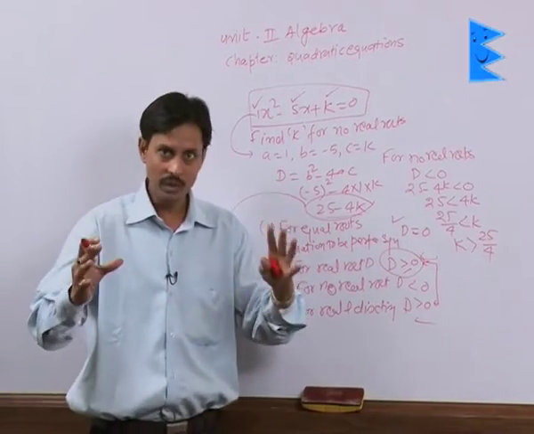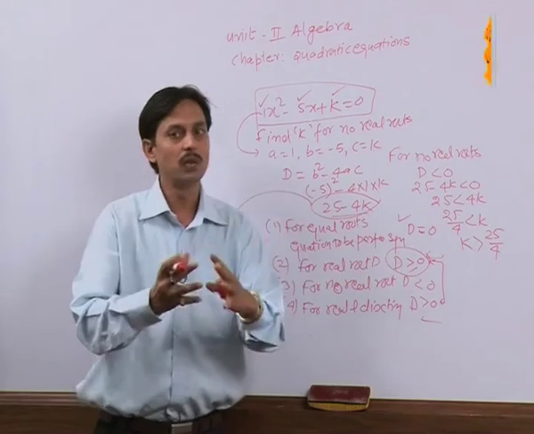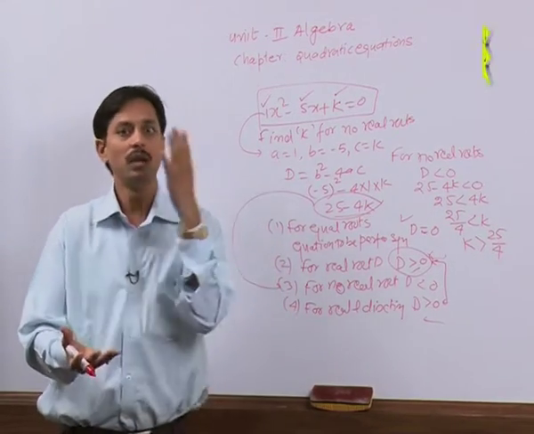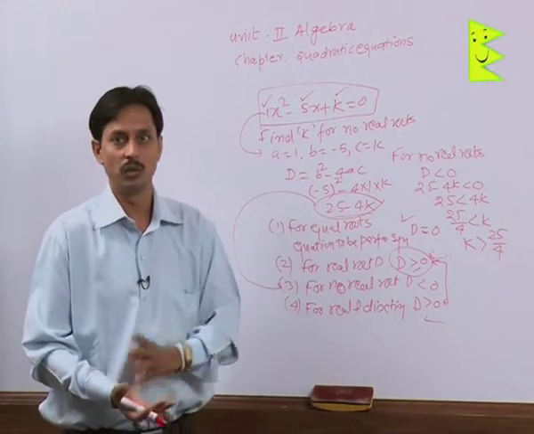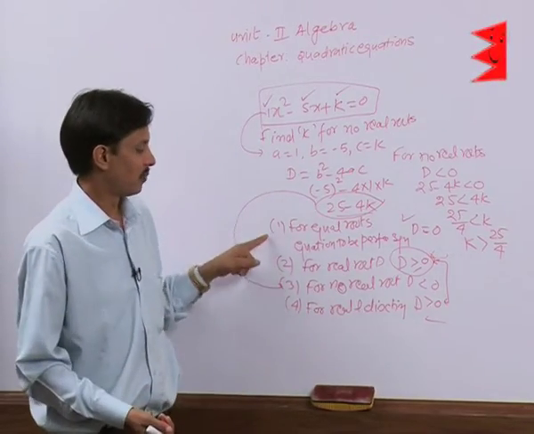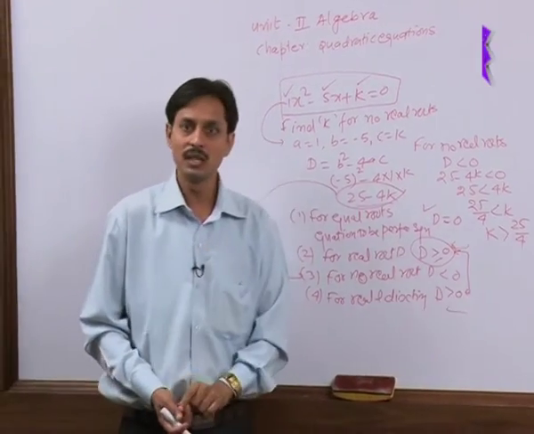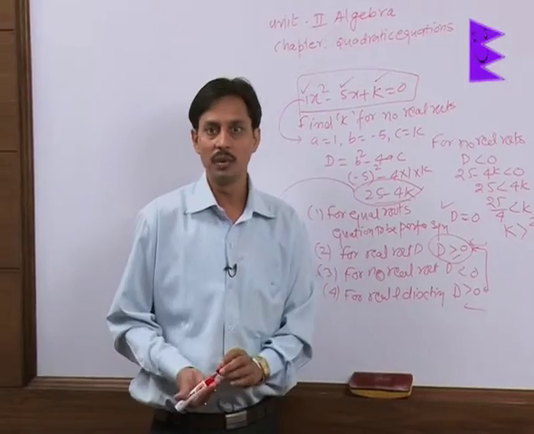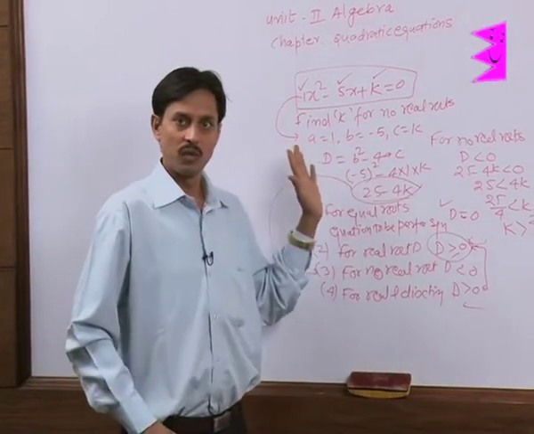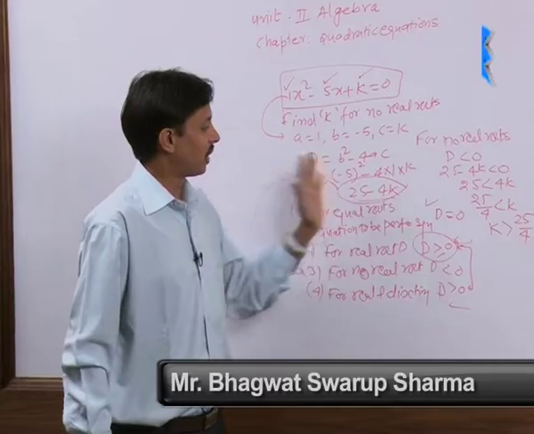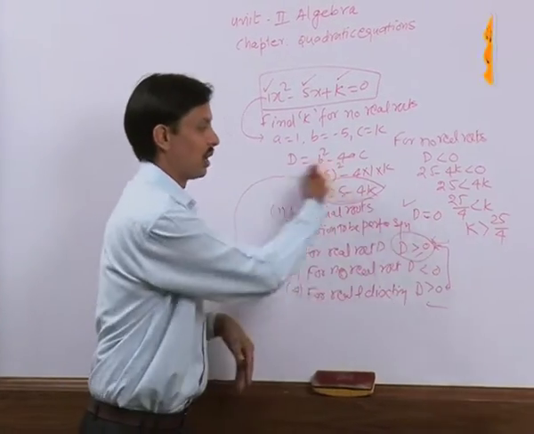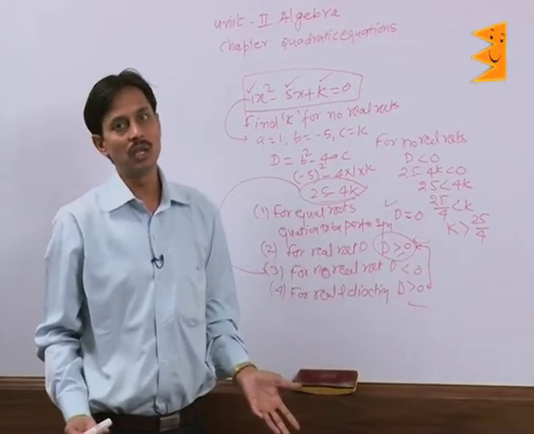It is very much possible in any question to find the missing term, might be A, B or C in a quadratic equation, but it is only possible if you are quite comfortable with the conditions, the discriminant and how to calculate the values of A, B, C. First calculate A, B, C, then calculate the discriminant, and according to the demand of the question, you can apply one of the four conditions.